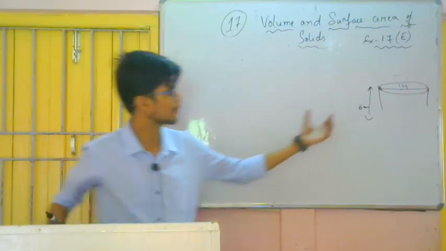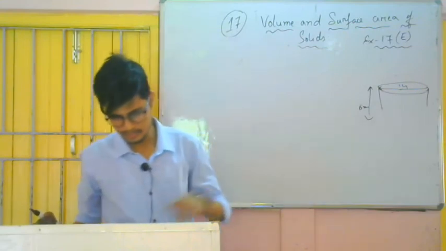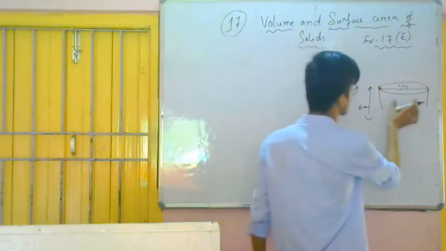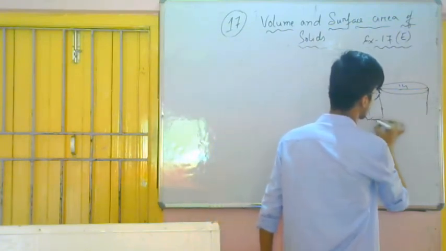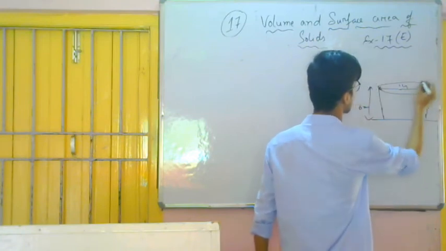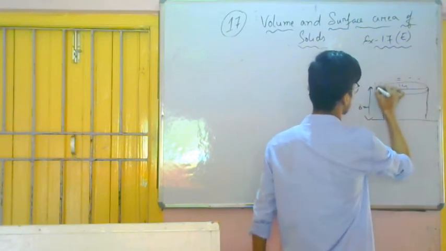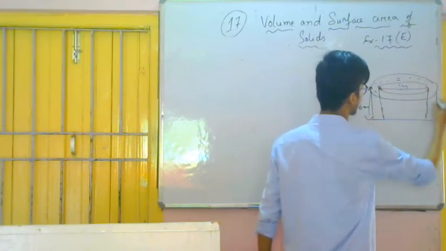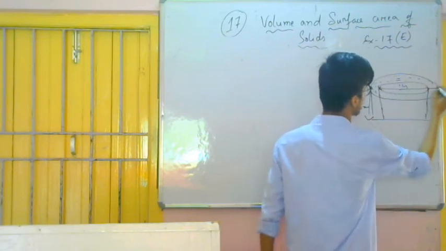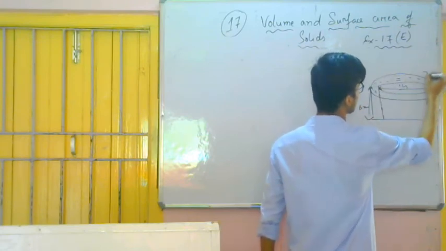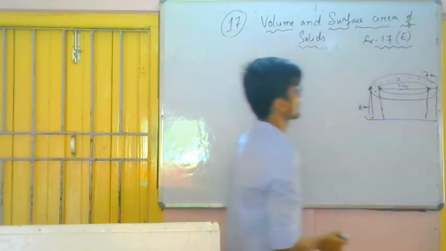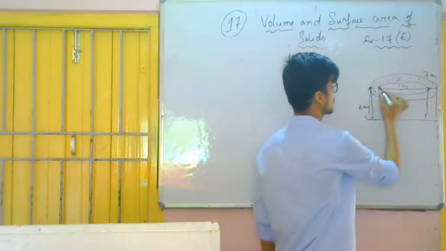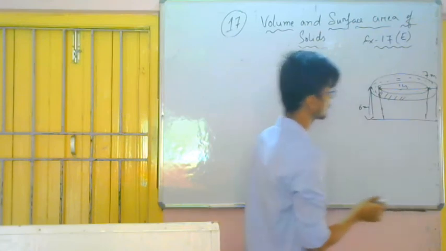Earth taken out, that is the volume which is taken out from this one, is spread out to a width of 7 meter. So the earth which is taken out from this tank is spread over like this in the side of the well for giving an embankment. So the height it is given from here to here, width is given 7 meter, this portion, the width of this portion it is given 7 meter. So question is to find the height of the embankment.